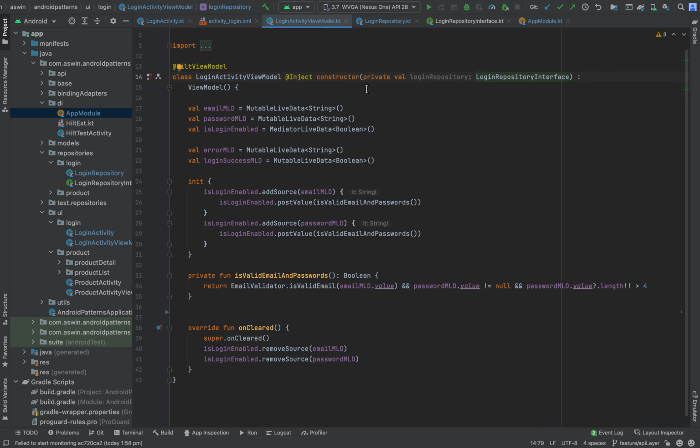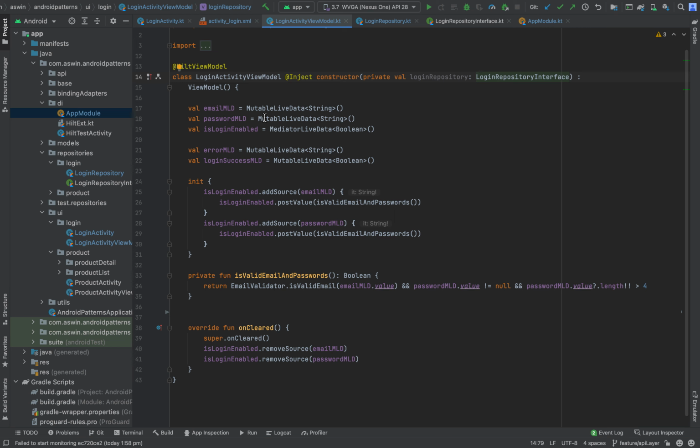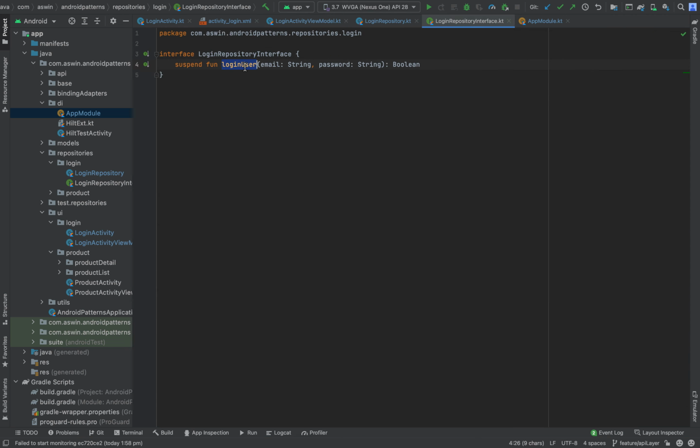This is to make the login activity view model testable. While writing test cases for login activity view model, we can simply pass a fake repository, as the fake repositories are also going to be implemented with login repository interface. This makes the login activity view model testable. That's why we have created login repository interface with the required functions.